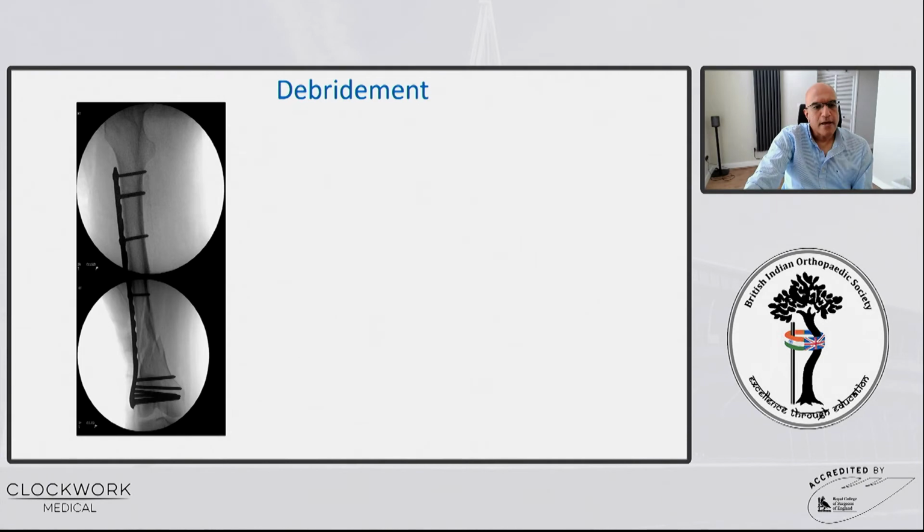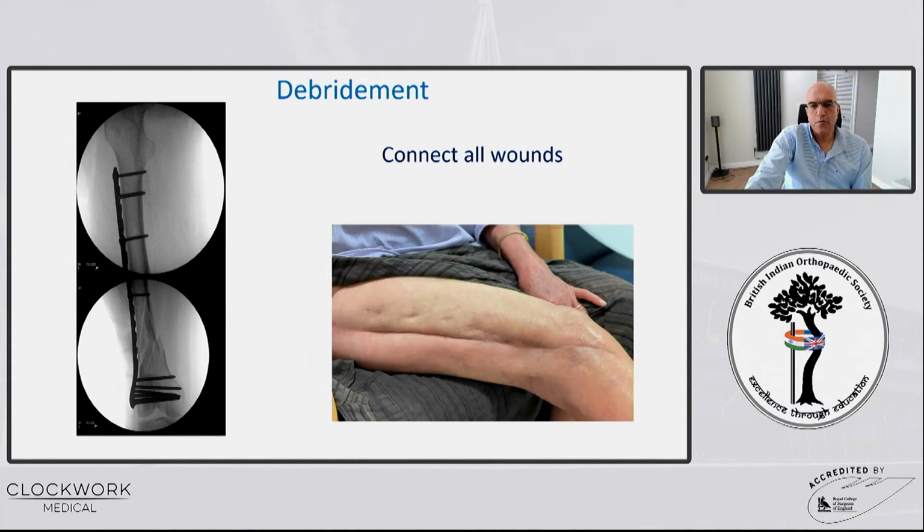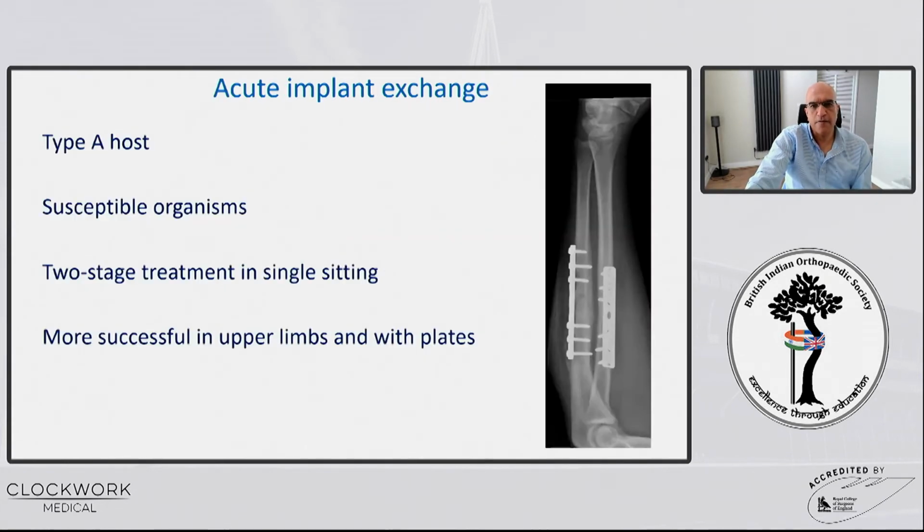If you have somebody with a MEPO, do not try to simply debride the entry wound and the exit wound of your plates. A debridement means that you need to open the entirety of the plate and wash it out by connecting all the wounds, rather than trying to do minimal suppression by just washing out the entry wound of the plate and then landing up with a big problem that needs a big debridement. So debride and wash out, but make sure that the entirety of your plate is seen and accessible for you